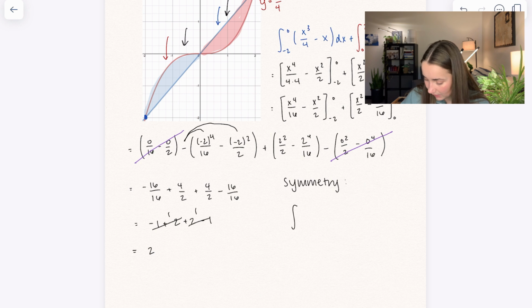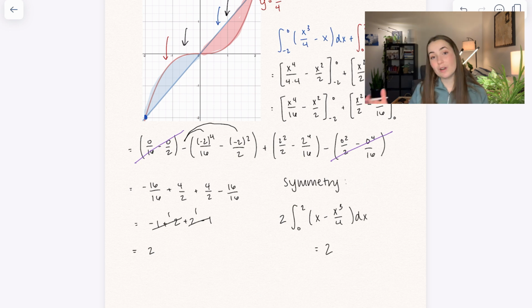to do is take one of the integrals. So I'll take the 0 to 2, x minus x cubed divided by 4 dx. And we would just multiply that by 2 because we're getting two of those areas. So that is another way you could have done it. Both of them arrive at the same answer of a value of 2, but one of them maybe is a